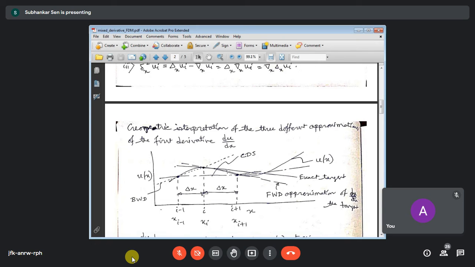But if you go for the stream function vorticity formulation, when you derive the stream function vorticity formulation or the velocity vorticity formulation, we take the curl operator. So in the stream function vorticity formulation, we take cross derivatives, and in that case we get these cross derivative terms or mixed derivative terms. But in the conventional governing equations in the primitive variable form, we don't get this kind of mixed derivatives.